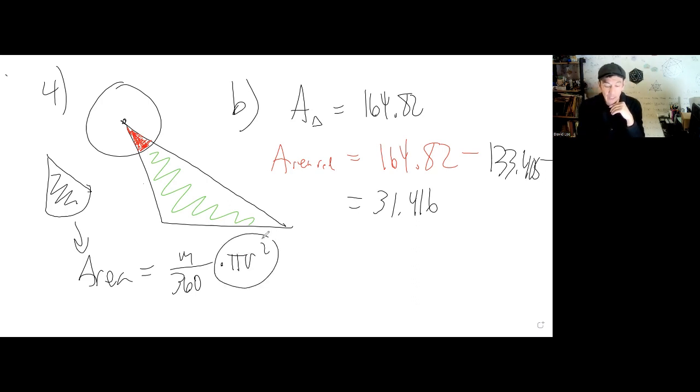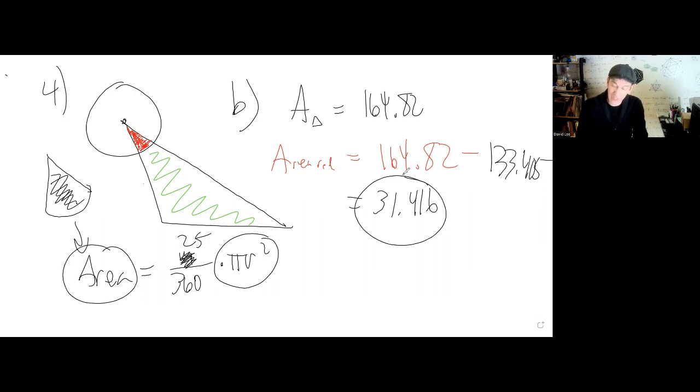Pi r squared is a full circle, but m over 360 takes the appropriate size bite from that circle. For this problem, since our slice of pizza had a central angle of 25 degrees, 25 degrees would go in for m. And what would go in for area? The area of the sector,